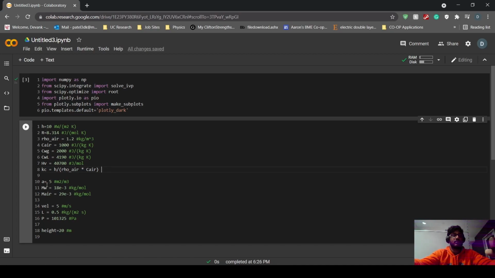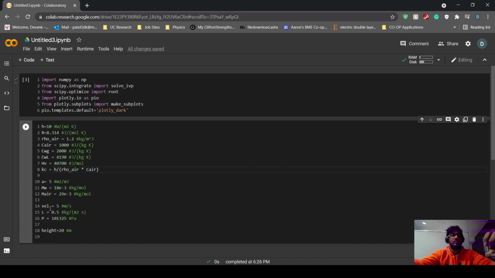MW stands for the molecular weight of water, which is 18 times 10 to the negative third kilograms per mole. M air stands for the molecular weight of air, which is 29 times 10 to the negative third kilograms per mole. And then if we were to use pitot2, we can see that the velocity is